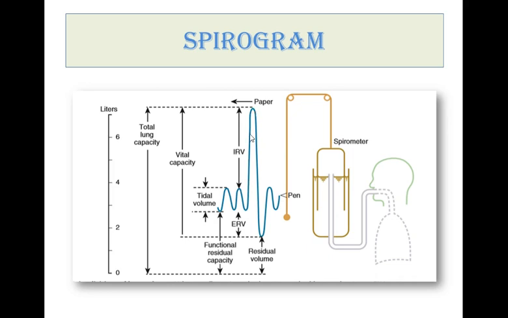What does this peak refer to? That there has been a forceful inspiration, the one that we ask the patient to do when the performance of spirometry is done. This downward slope represents expiration. So as we ask the patient to exhale as hard as possible, a downward slope from the peak of expiration is obtained on the graph. Done. So this is the graph from which we can make certain measurements regarding the volumes and capacities of the lungs.